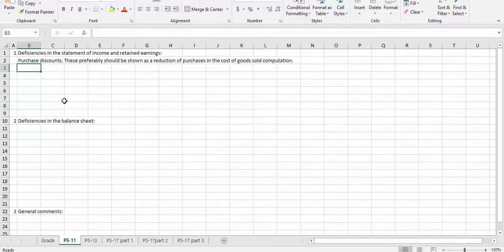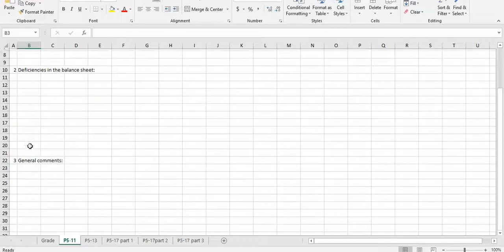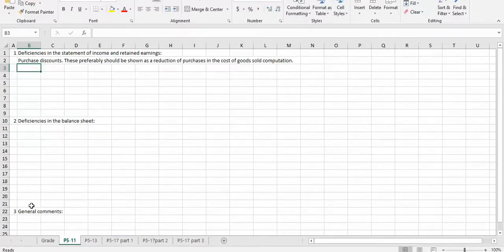Problem 5-11 is a problem where you're asked to look at the income statement, balance sheet, and other general comments from the notes and other information. What you're looking for is things that are problematic, errors, things that needed to be done. They call them deficiencies. So you need to find some. I left one here as an example. You put it down and then why it's a deficiency. I'm not looking for you to fill out every one of these. I just put a lot of lines there. Just try to at least get a couple for each of these and